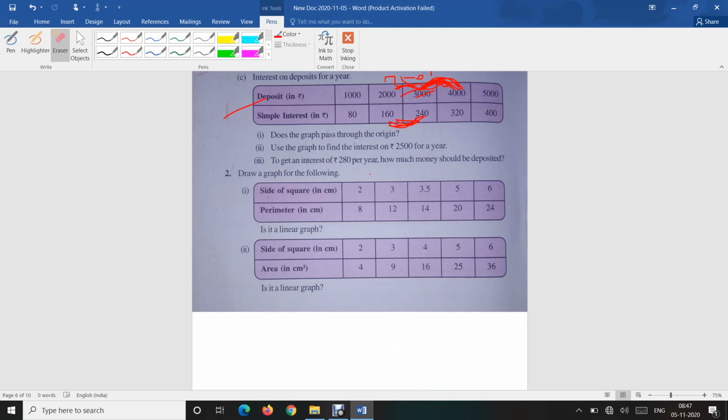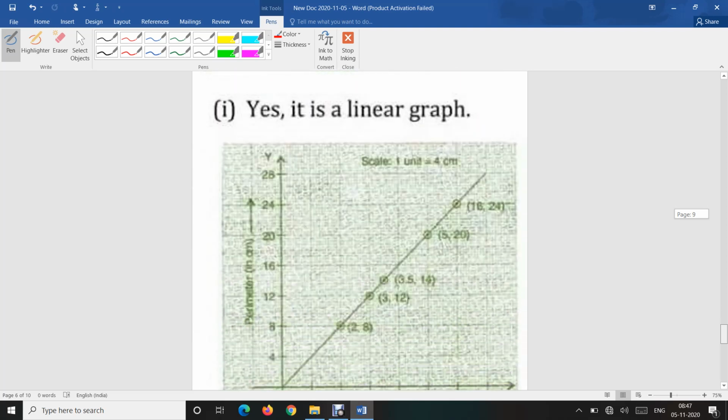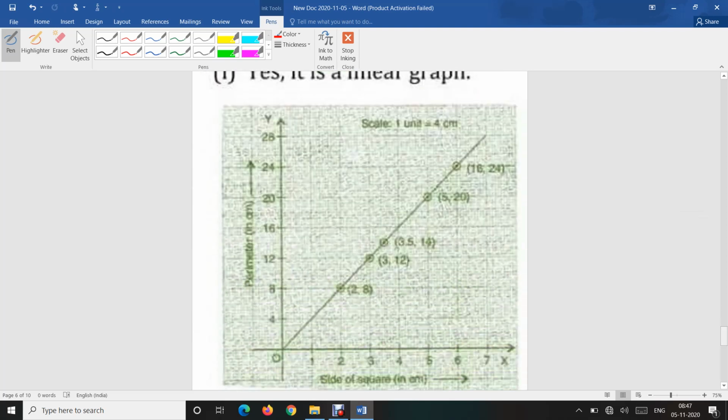If the side is 3, then parameter will be 12. Similarly, you can see for all. You can draw the graph easily. I already told you many times about drawing the graph. You have to choose the scale as 1 unit is equal to 4 centimeter, because all the parameters will contain the distance of 4, because of 4a. It will be 4, 8, 12, 16, 20, and here sides 1, 2, 3, 4, 5, 6 and 7, and you can draw the graph.